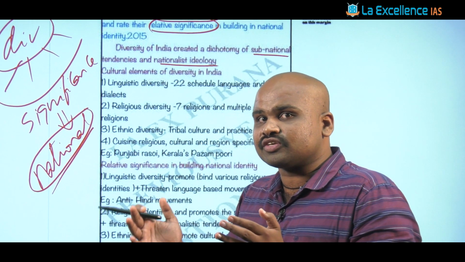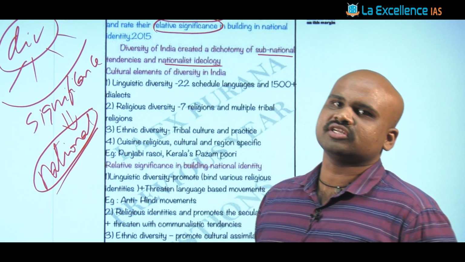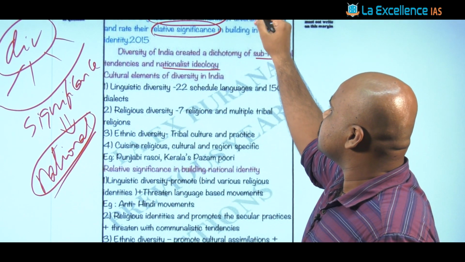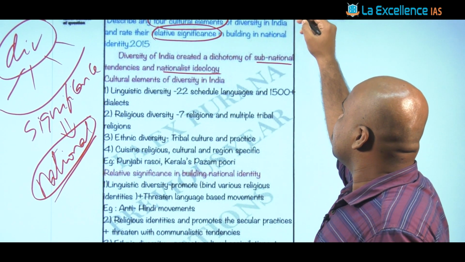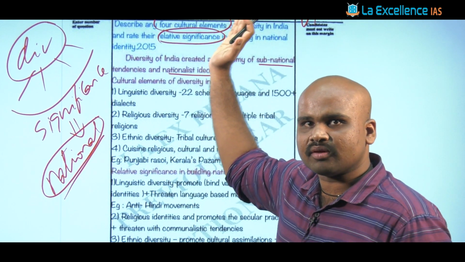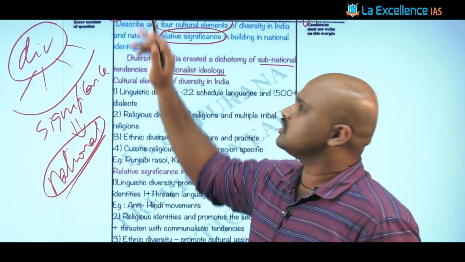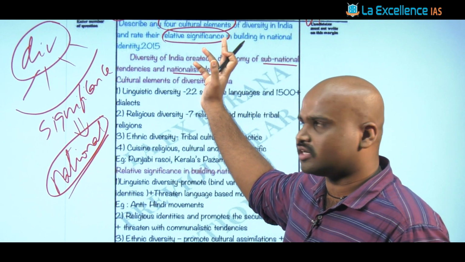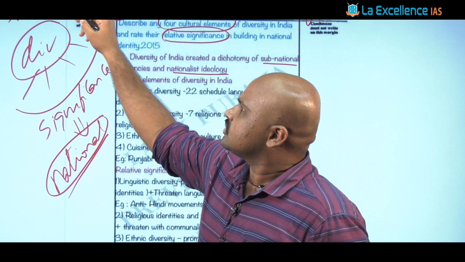That is the introduction, for the reason that it is asking about the speciality of diversity in maintaining national identity. Now in this, one very important component of answer writing, this is rule 1 of answer writing: realize the number of parts that are present in the question. You look at this, there are 2 parts that are to be addressed in this question. Once we realize these different parts that are to be written, we will be able to get the corresponding structure.